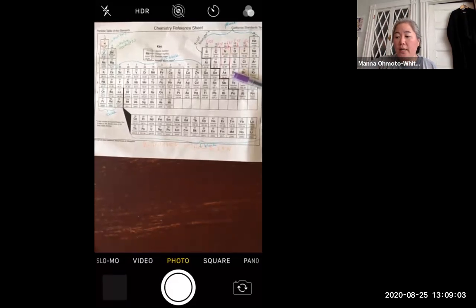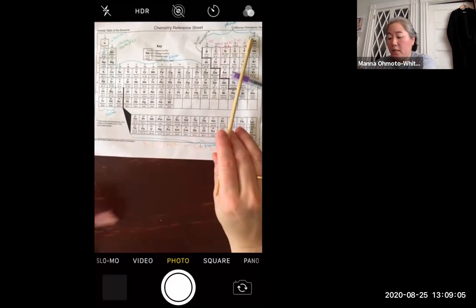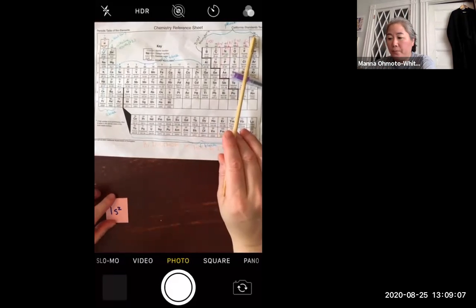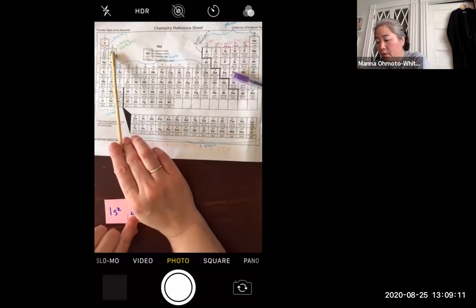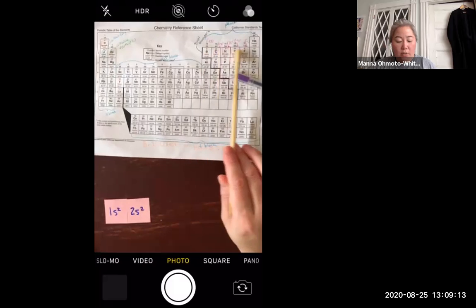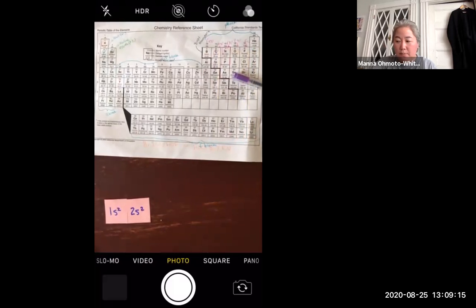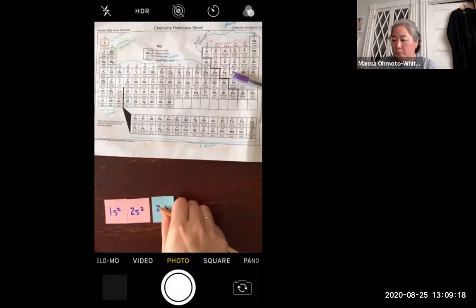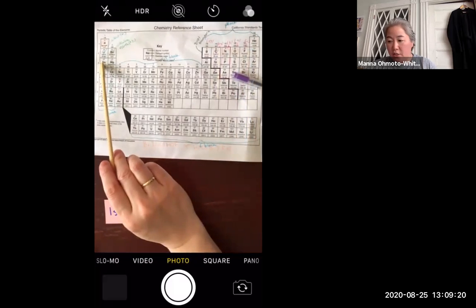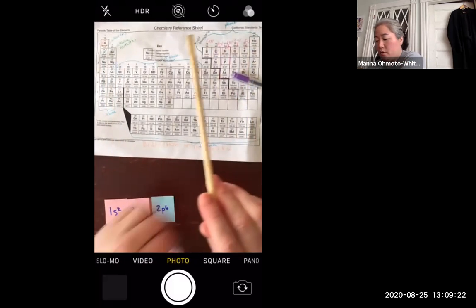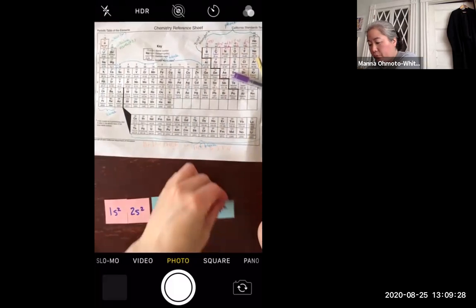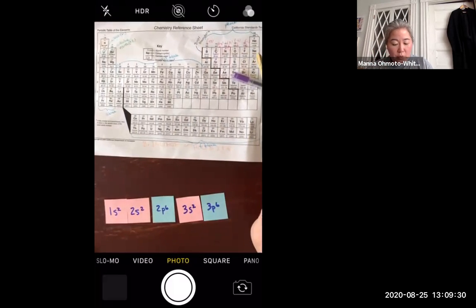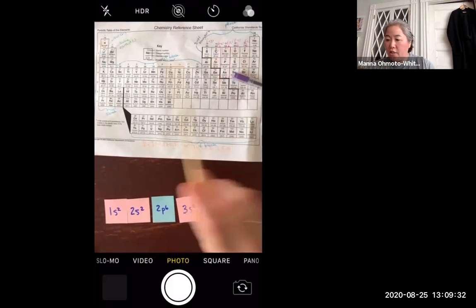So the first 2 electrons are going to be in the 1s2 orbital. Then I'm going to go to 2s2 right here. I'm going to go all the way through this to 2p6, back to 3s2, filling completely up the third p energy level, going to my 4s2 energy level,